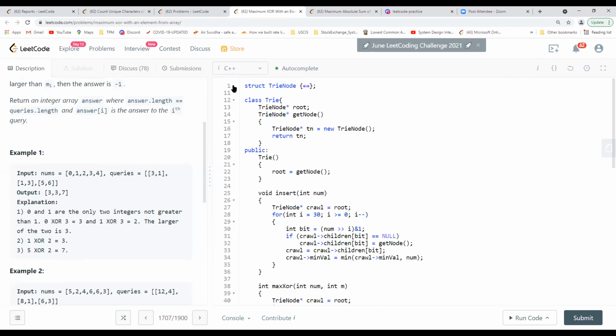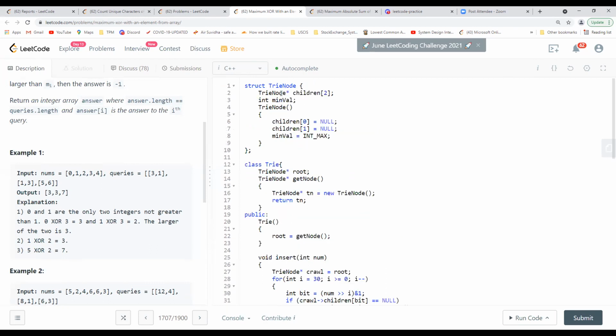Okay, so in this case, in the trie node, I'm just maintaining a value called minimum value. In his case, he was using a value which was actually representing the value of the number at that particular node. But in this case, it is minimum value.